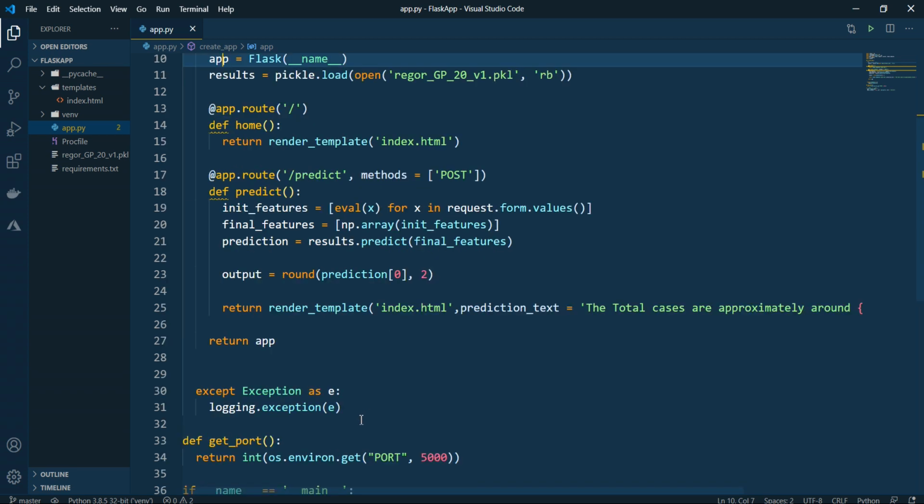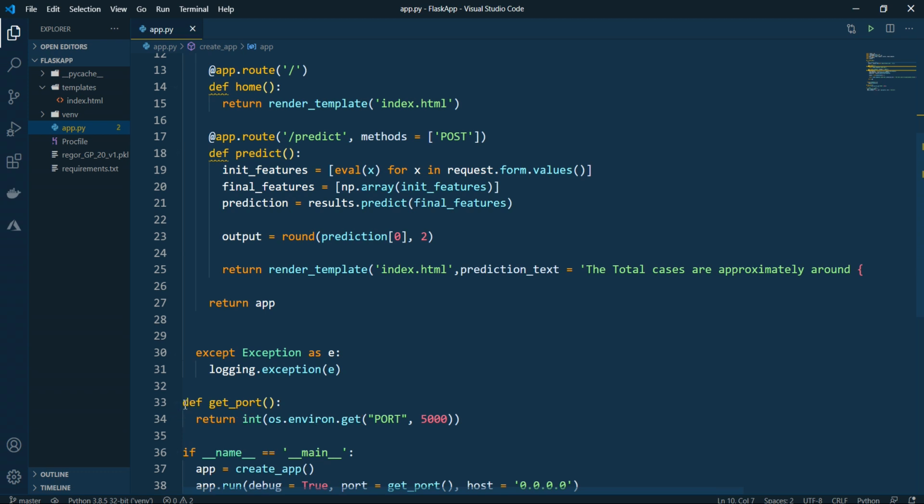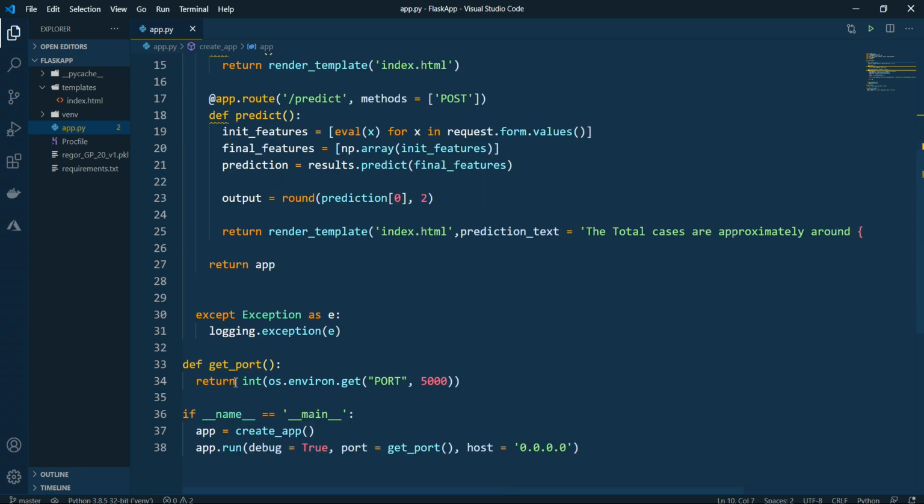Then I have a separate function, define get_port. For this, we need to host it to Heroku. You can do it dynamically or statically. What I have done here, inside get_port, is hard code a port, just in case any of the other ports are not available or are listening to some other service.